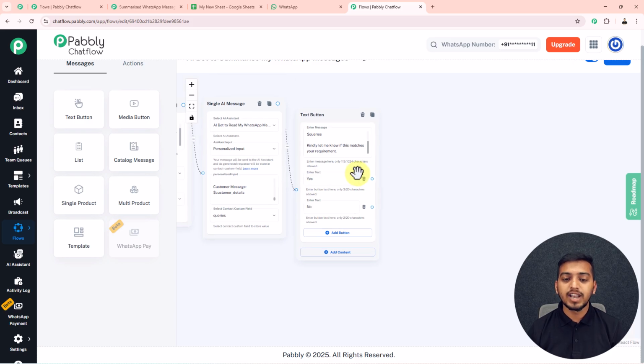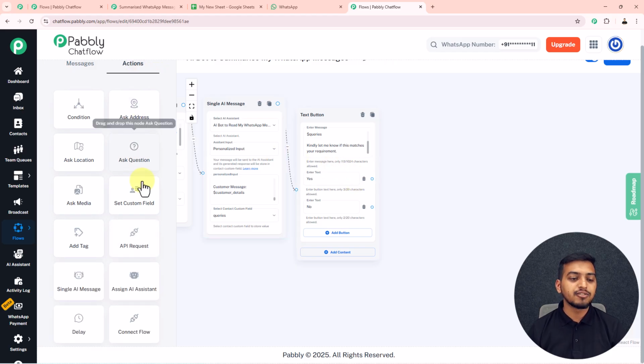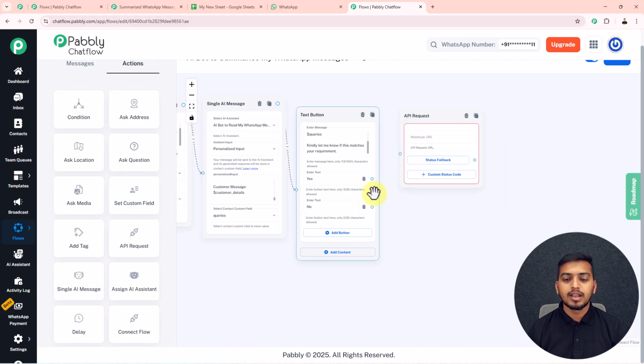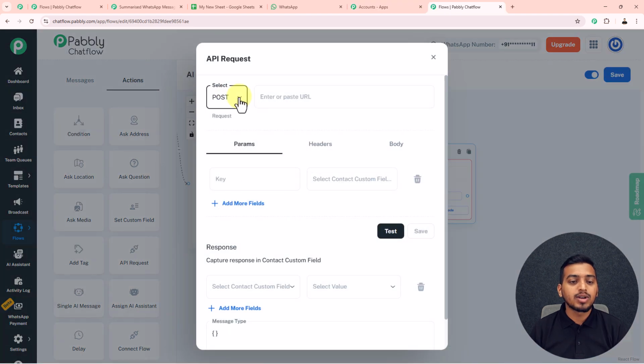Now I want that whenever my customer clicks on this yes button, I want to send all of these details to my Google Sheet. So for that, from this action features here, I will just drag in this API request and drop it in here. Now we will connect both of these following circles like this, and in here for this request I will select it as post because I want to post data to my Pabbly Connect account, and then we have to enter